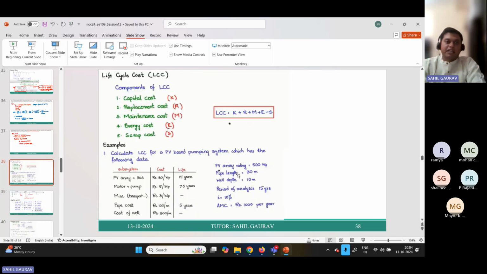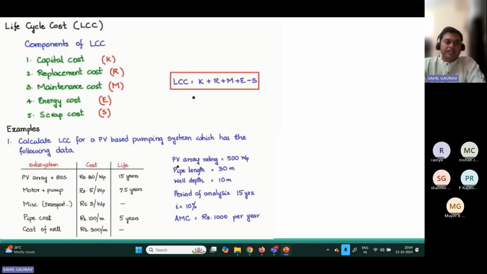Now let us come to this life cycle cost. So this life cycle cost has several components. It includes this capital cost, that is the initial investment, and then we have replacement cost. Whatever item or equipment you have installed, it needs to be replaced at some intervals of time. So it includes this replacement cost. And then we have this maintenance cost. So we have some annual maintenance charge. So we will include this maintenance cost also in this life cycle cost, and then we have energy cost to